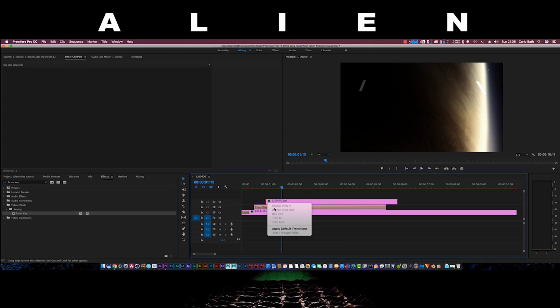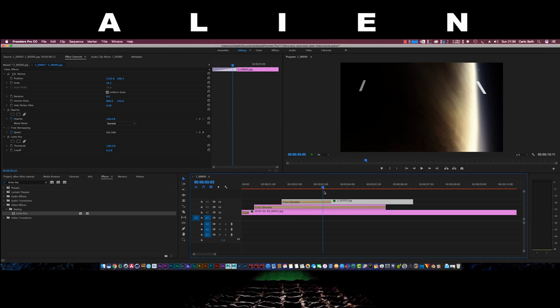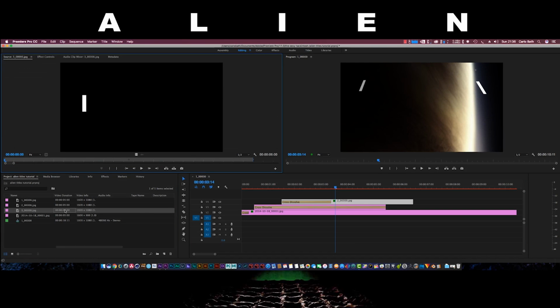And then all you're doing is adding in another ripple effect, click on the ripple and then lengthen it and edit it so it appears at the right point that you want it to appear. And then you just keep going. So now we've got our third bit of title, which is actually the first thing that appears. I've done this absolutely the wrong way around,